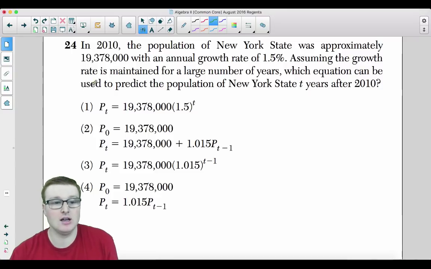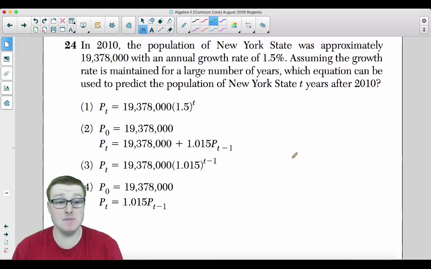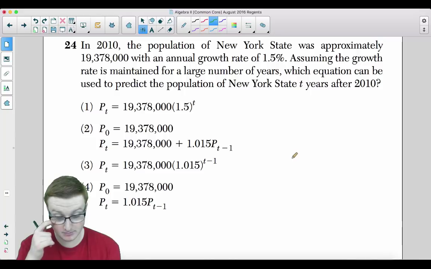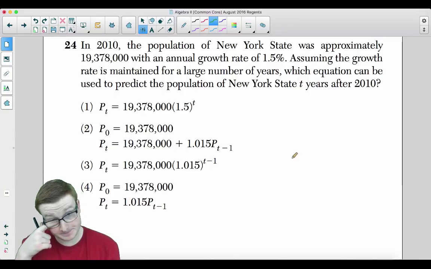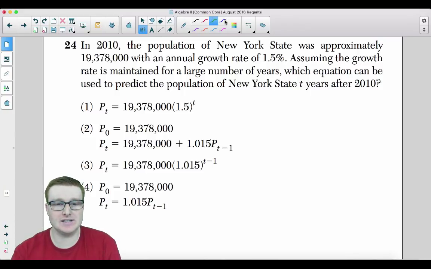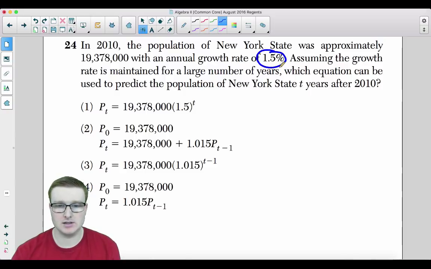Last question of the video. 24. In 2010, the population of New York State was approximately 19,378,000 people, with an annual growth rate of 1.5%. Assuming the growth rate is maintained for a large number of years, which equation can be used to predict the population of New York State T years after 2010? So, it's increasing by a rate of 1.5. So that means,